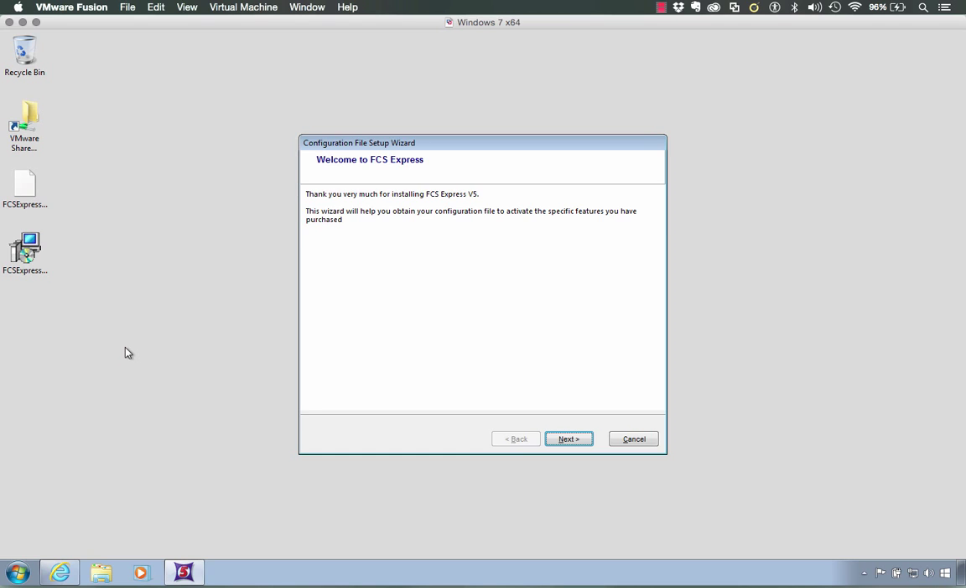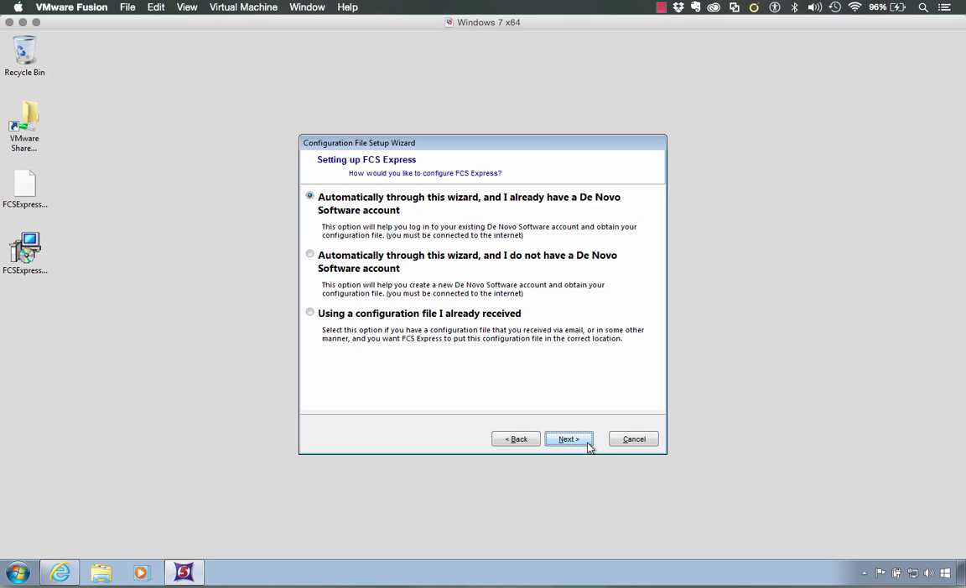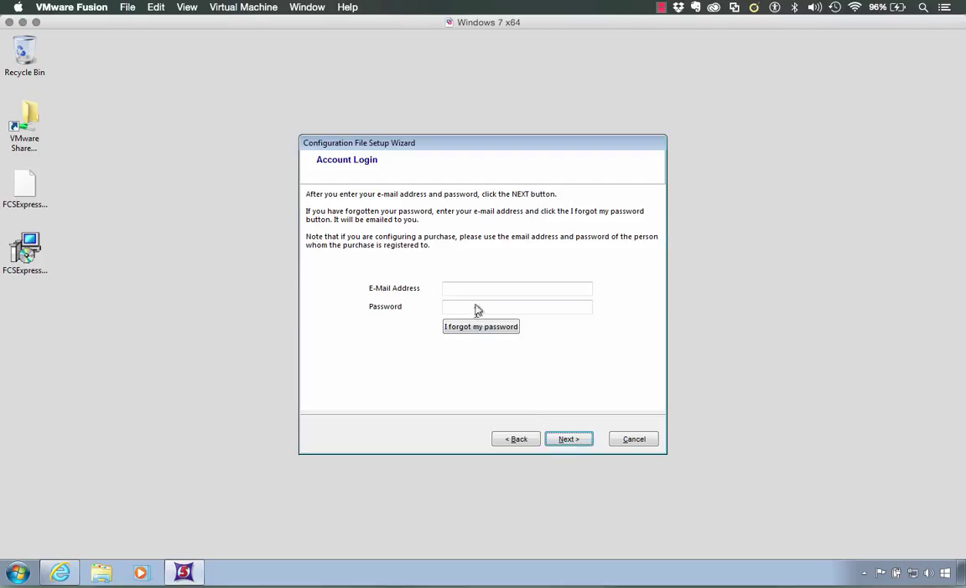So FCS Express knows that we don't have a config file yet. So the configuration file setup wizard will appear. I'm just going to click on Next. And we have different ways of how we can retrieve our config file. We can automatically, through this wizard, log into De Novo Software using your De Novo Software account information. If I click on Next, I just need to put that information here